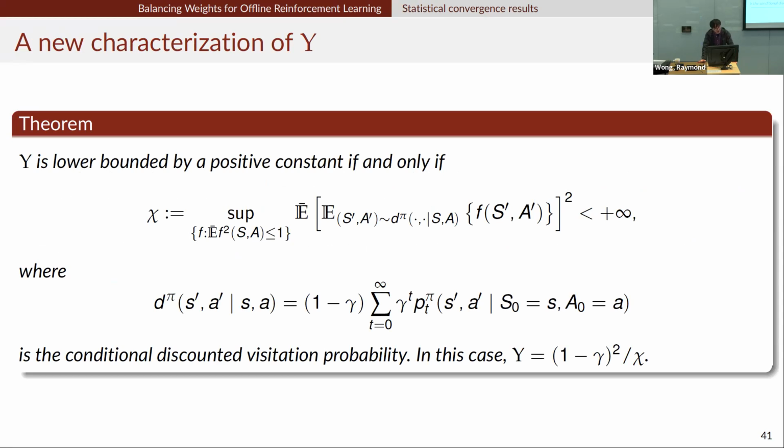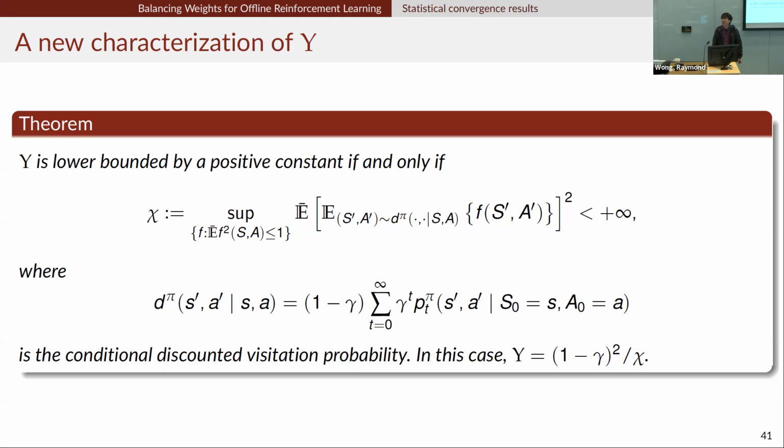So in this work, we provide a new characterization of epsilon, okay? We look at a quantity called psi, and epsilon and psi are related in this way. So psi is defined in this way, okay? You can look here, you will see that in the definition of psi, there's no operator I minus gamma P pi. So we don't have to look at the transitions, okay? Instead, this involves the conditional discounted visitation probability. Of course, you might think that this is still alien language, right? So why would that be nice, okay?